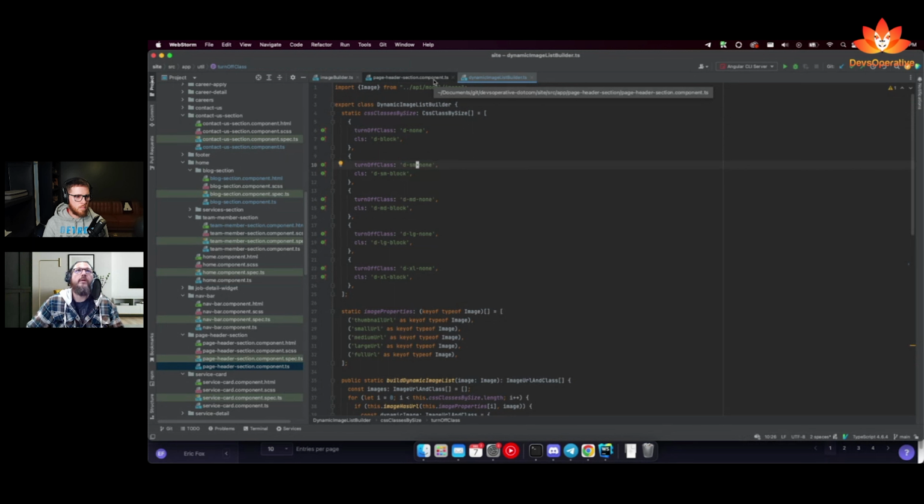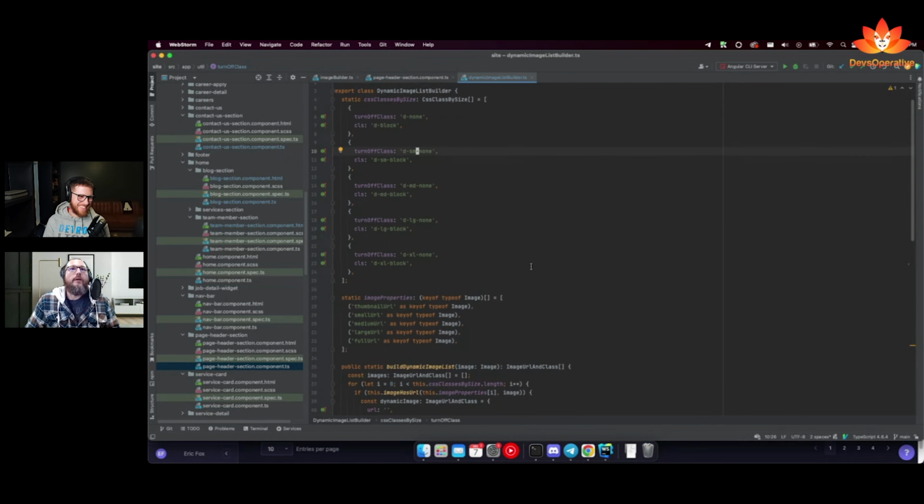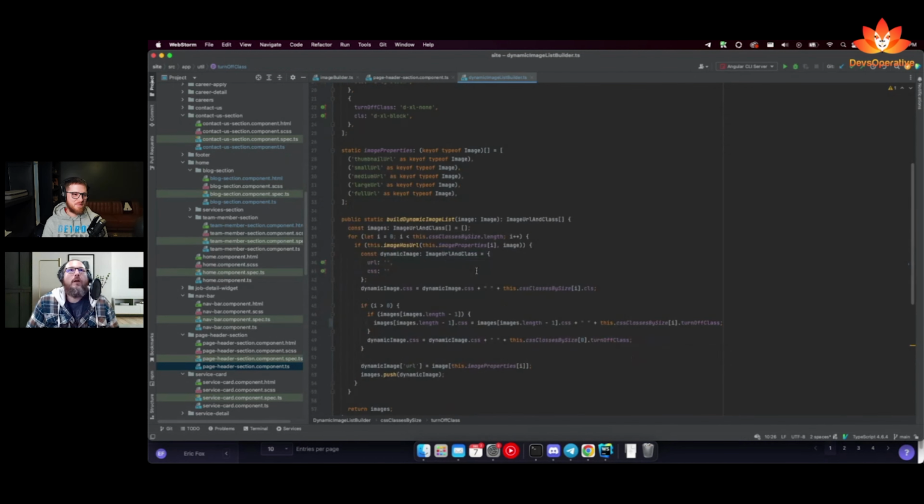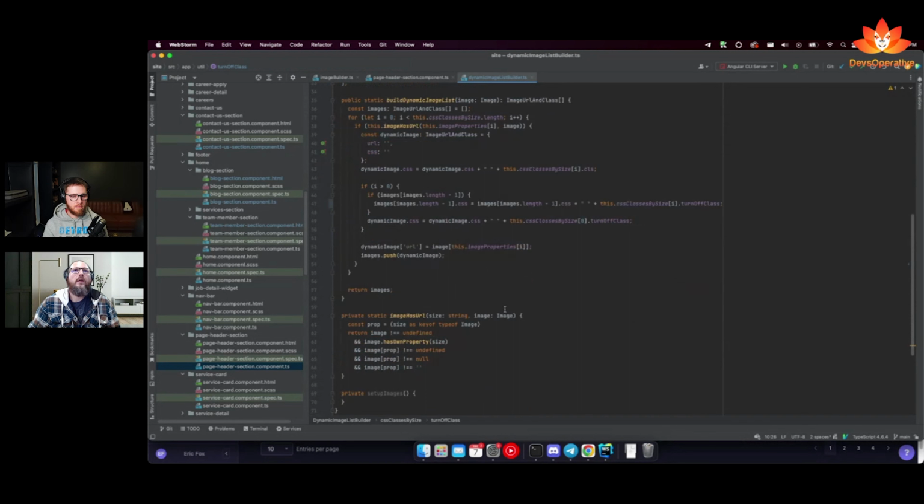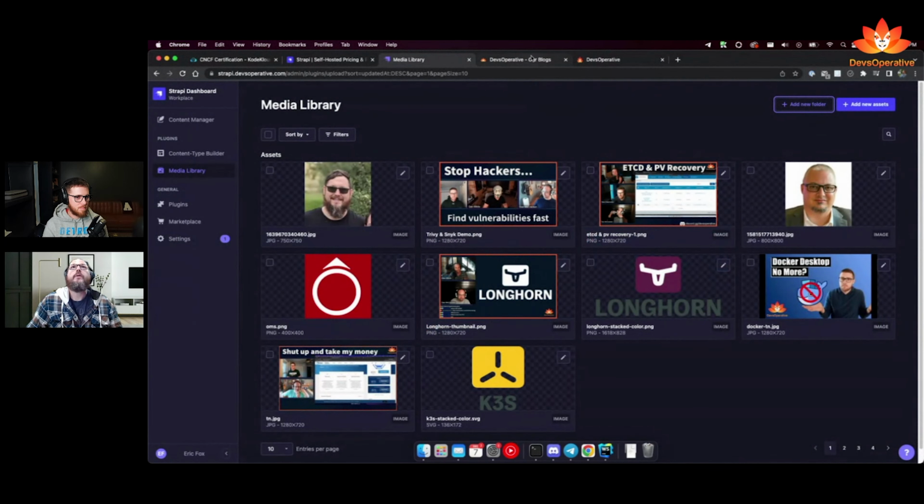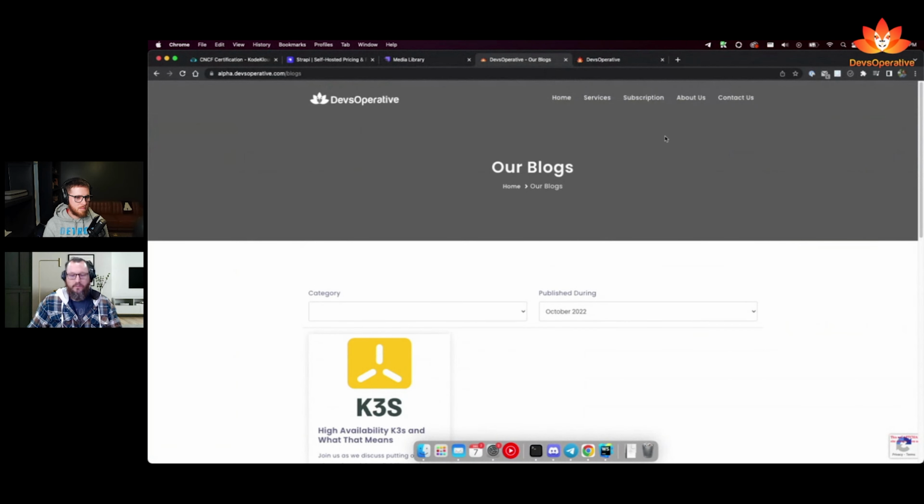I said 1080p is huge, but that's not really huge, not anymore. So what this does is it kind of goes through, figures out what images it has, and then builds up all the different URLs that it needs to build up. And if we go back to the API or the application,